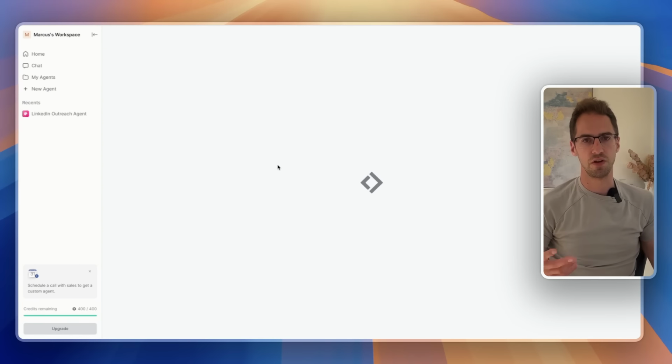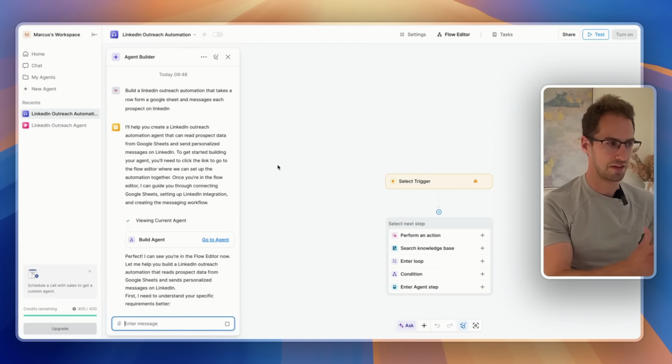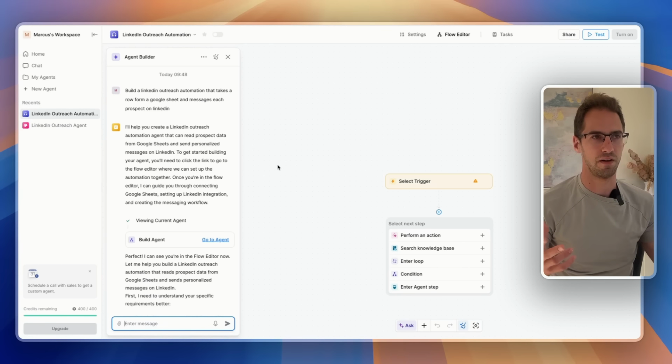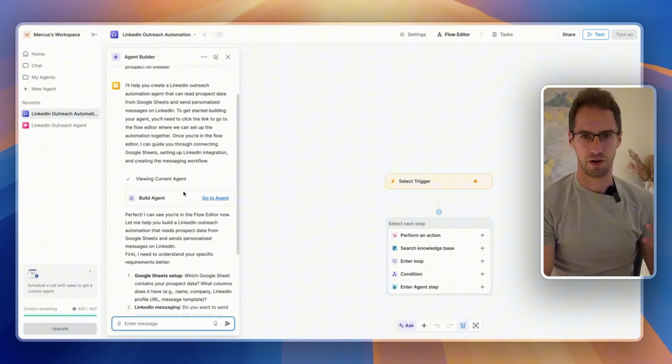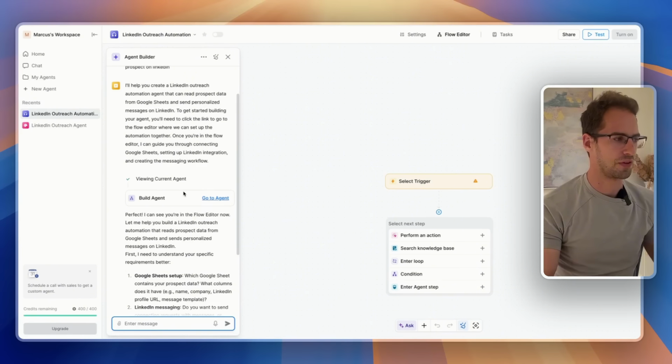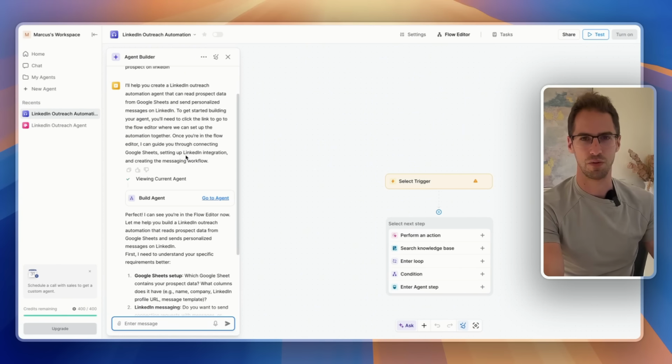But in principle, we can go here and we can see that the Lindy agent is actually building this for us. So this is huge from a simplicity perspective, because previously we could use a template, and the templates in Lindy are really good. We're going to look at those in just a second. But this makes it even easier because it means you can build workflows that are precisely what you're trying to achieve with Lindy without needing to spend half an hour, an hour understanding what actions to use, how to connect them together. Not that any of that stuff is hard, but this is just going to save you even more